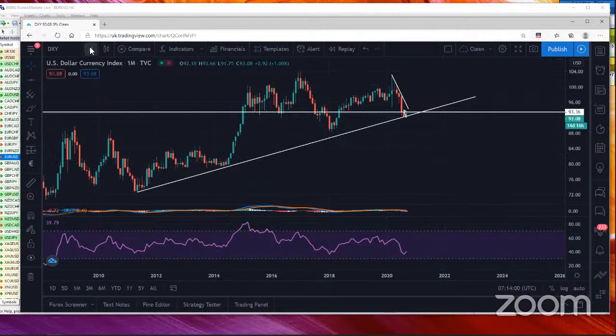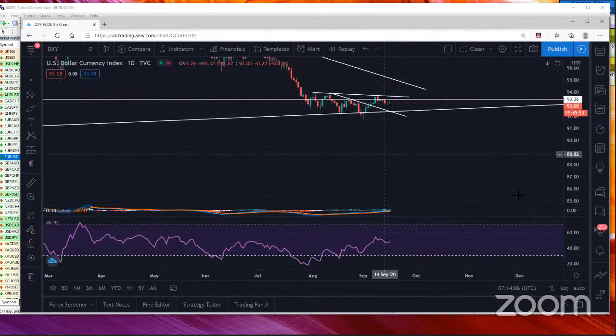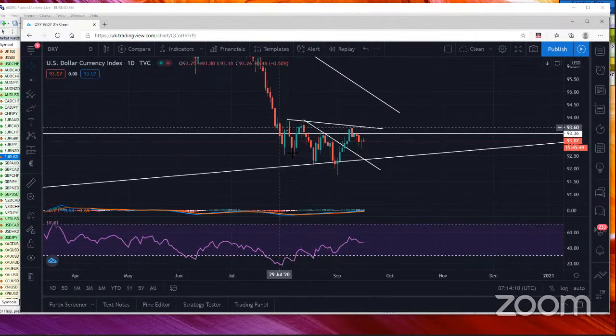And when I zoom in to see what the shorter term time frame price action is doing, it's given me a reversal pattern here with this inverted head and shoulders. So I mean, I might be a few weeks early. How long did this left shoulder take to form? 1, 2, 3, 4, 5, 6, 7, 8, 9, 10, 11 bars. The right shoulder is only 1, 2, 3, 4, 5, 6 bars. So even if we get up to here, there might be a suggestion that maybe next week is the right timing for it. But it's certainly suggesting at this stage, unless Powell comes out and says something really damning for the dollar,